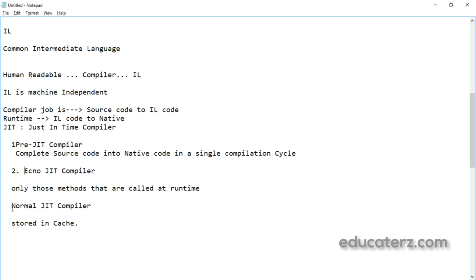The pre-just-in-time compiler compiles the entire source code into native code in a single compilation cycle, whereas the Econo just-in-time compiler compiles only those methods that are called at runtime. The normal just-in-time compiler is the same as the Econo, but when a method is called the first time it gets compiled, and when it is called the second time it is fetched from the cache.